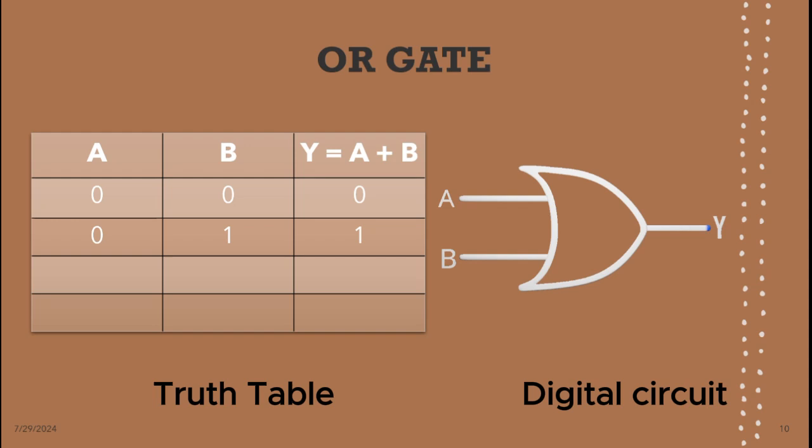So in the third combination, again 1 and 0, the result would be 1, high or true. In the same way, if we have both keys, or you can say that if we have both 1s, then the lock will be open and it will return us 1. So in OR gate, any value that is true, or you can say that any value that is 1, would be returned 1 because you are going to add both values. Hopefully you understand the concept. Let's move to the next gate.